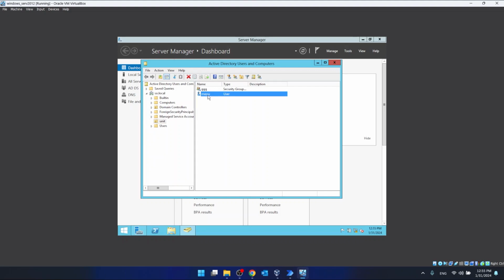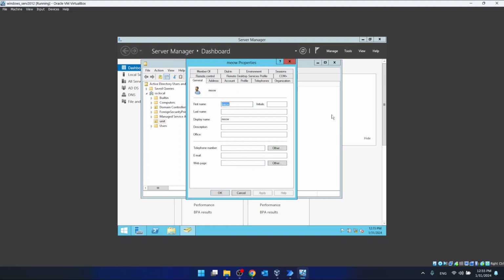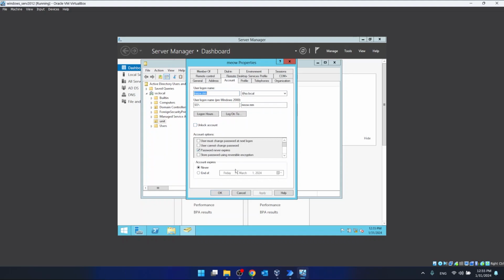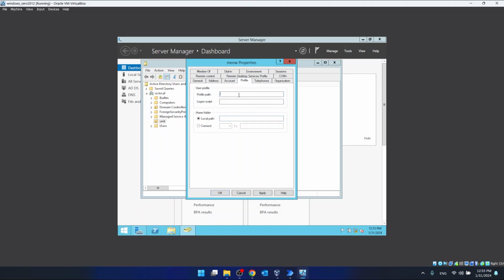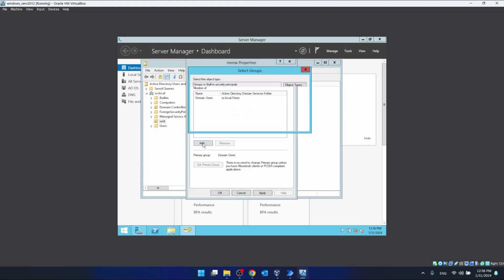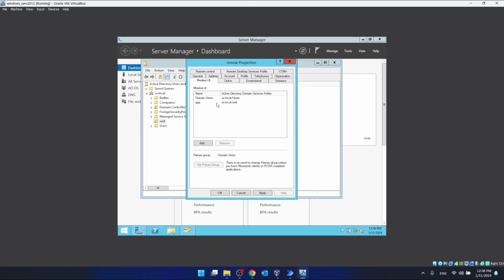We left click, then right click our user, click on Properties, and as you can see there are a lot of properties. We can add an address, we can change the hours that you can log on, and also what we have to do is click on Member Of. We have to click Add, and we have to put in the name of our group. Click OK, and as you can see,